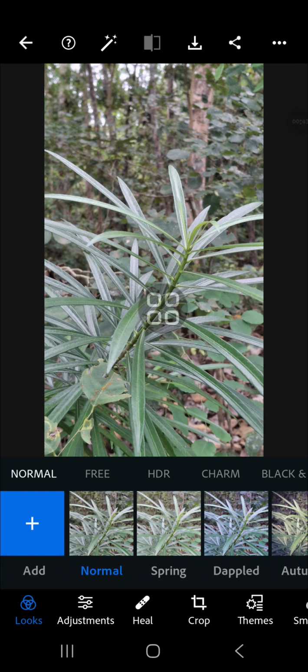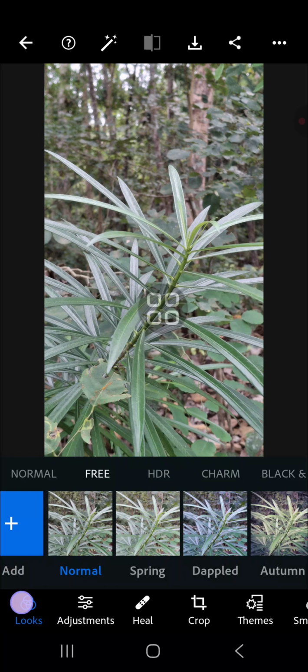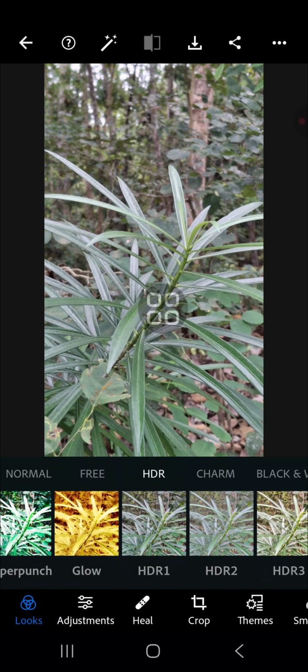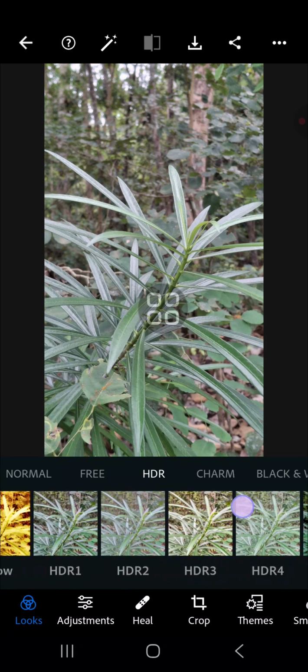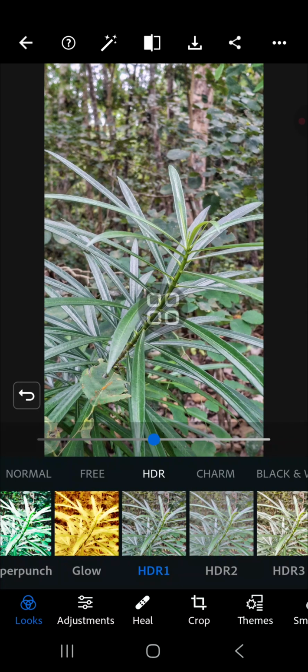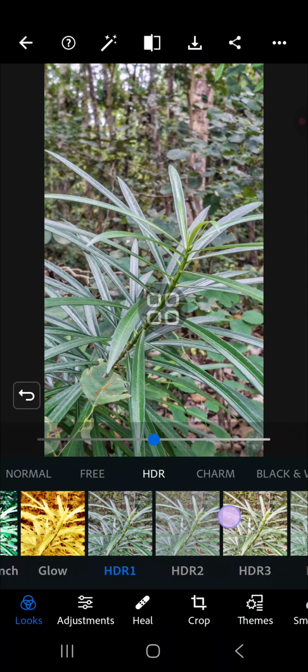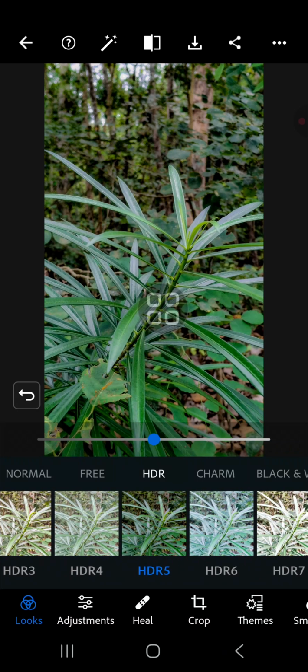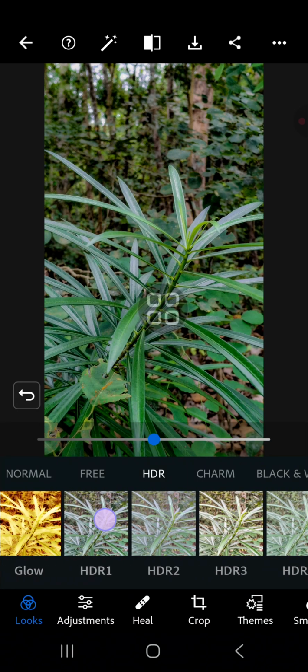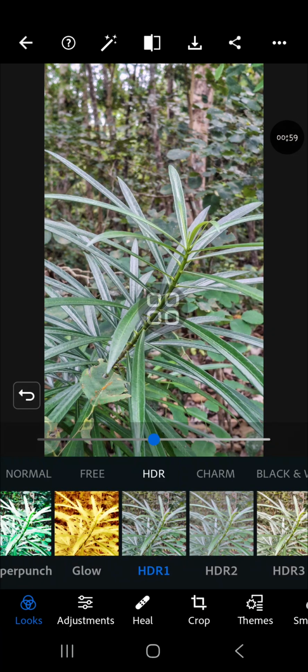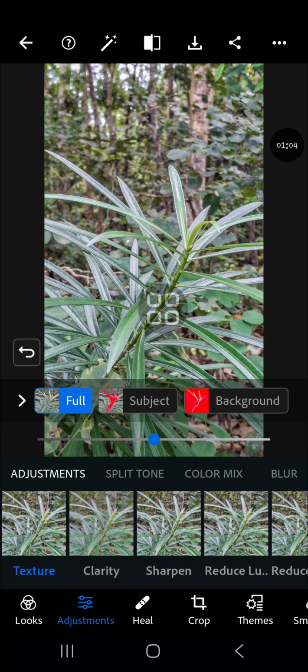Okay, for the filter you can go to the Looks right here, and then I'm going to choose the HDR filter. Let's try the HDR 1 or 5, and I think I'm gonna go with this HDR 1. Okay, and then we can go to the adjustment, and to make it more cinematic I'm going